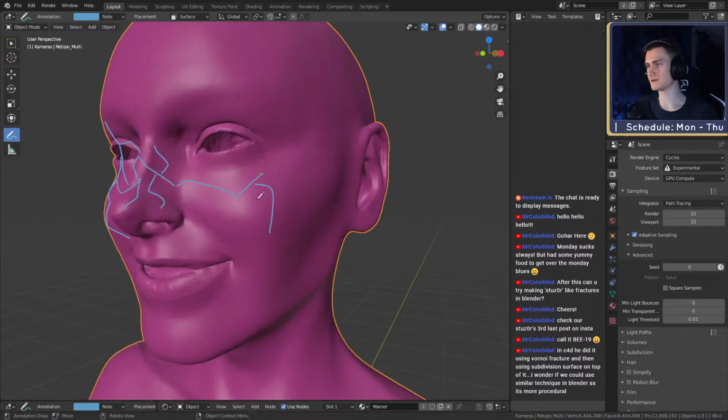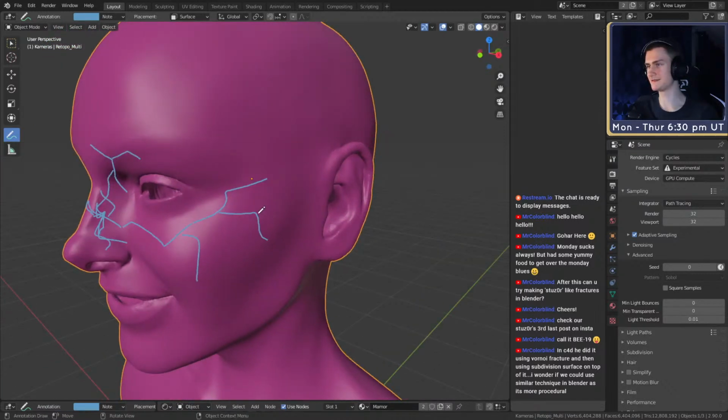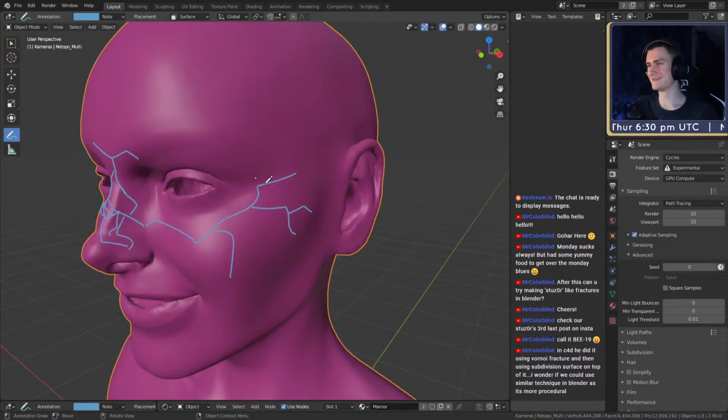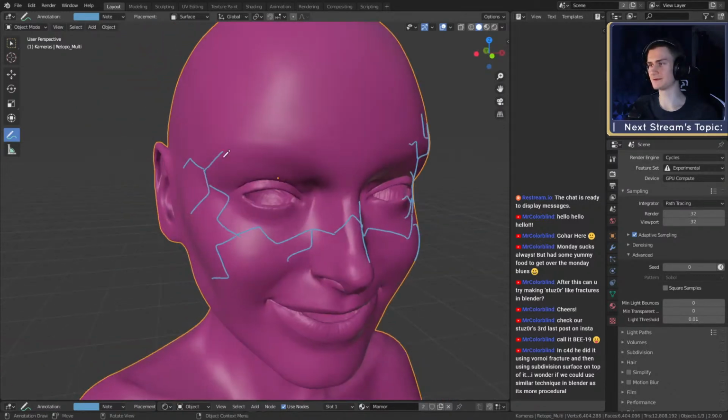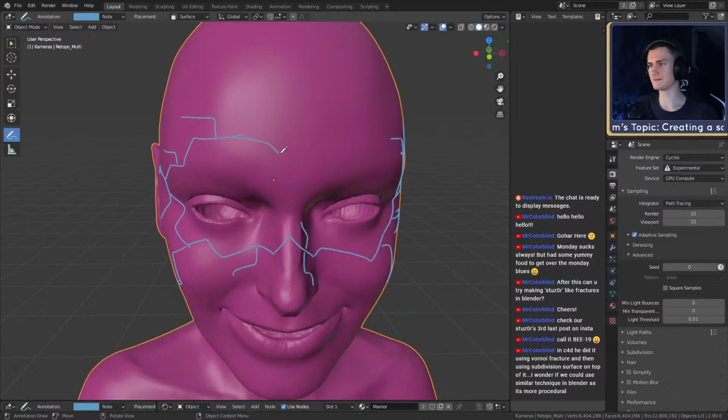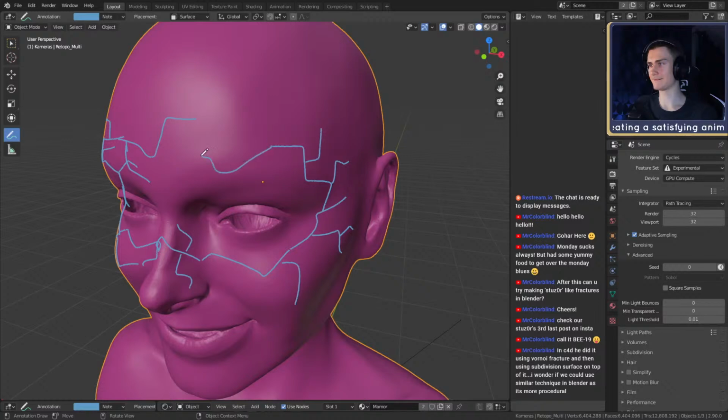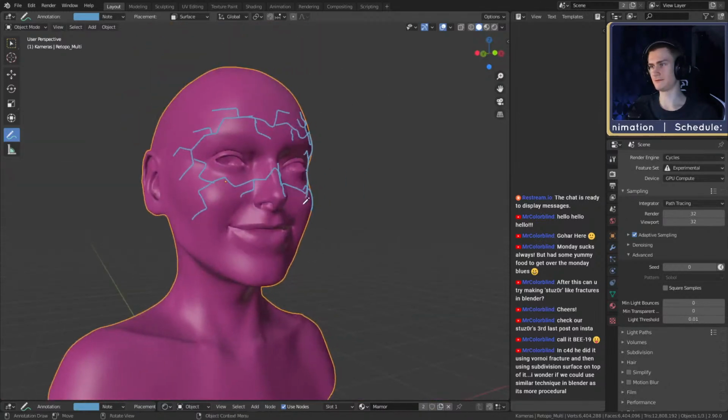Also, this model is quite high poly, so it might take a while or even crash. We'll see. Just putting in some zigzags to give it some idea how it should fracture its face. Okay, I think that should work.